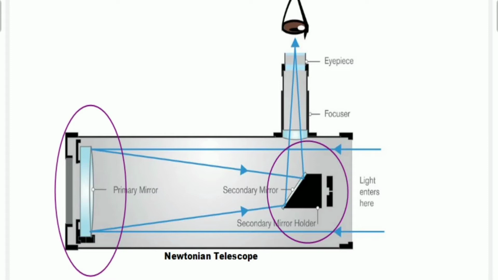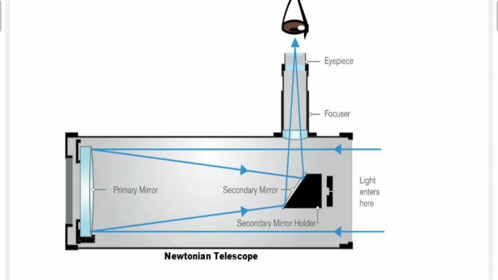here the concept is the same. What is the concept? Here the light rays enter from this side, and as they move, they travel parallel. Of course, what is our aim? Our aim is that the maximum amount of light should enter. Am I right? And that should fall on the first one, which is called the primary mirror. This is the primary mirror. So all these lights, the maximum amount of light, should fall on the primary mirror.